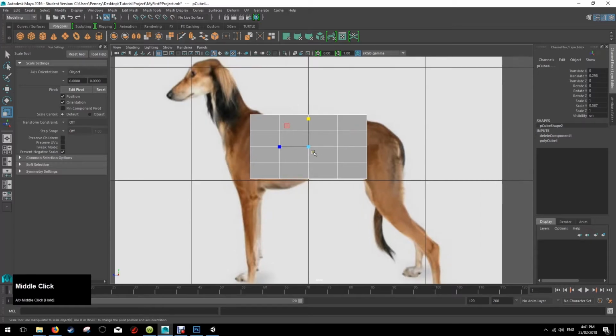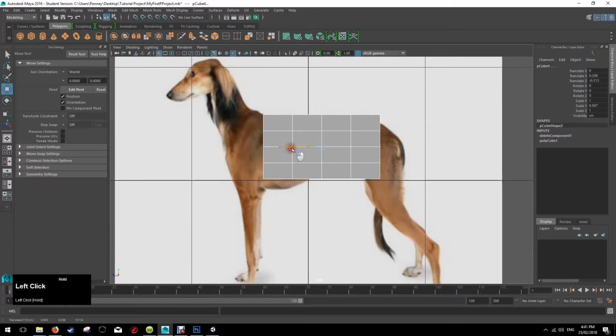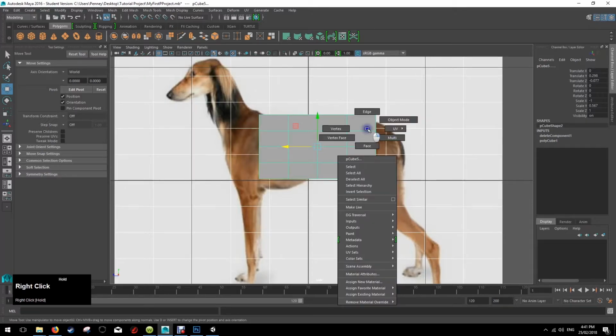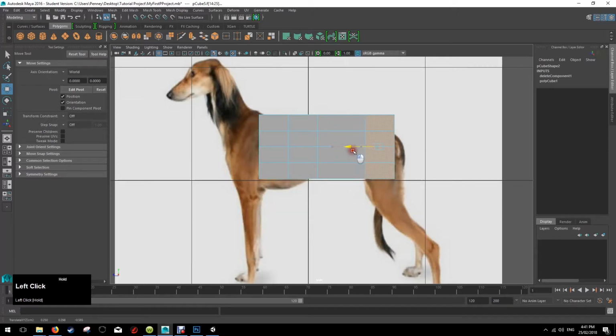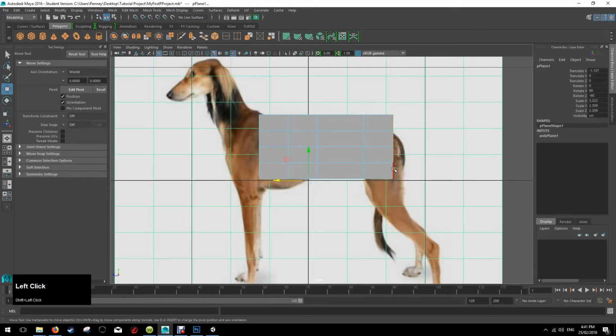And just start to set those up ready to sculpt. And I'm going to select these faces, kind of move them over. What I'm going to do here is,